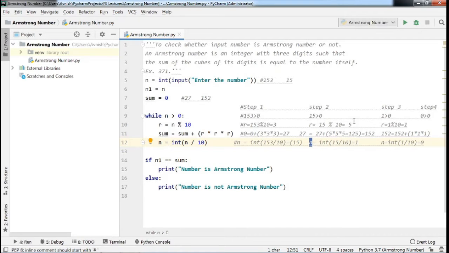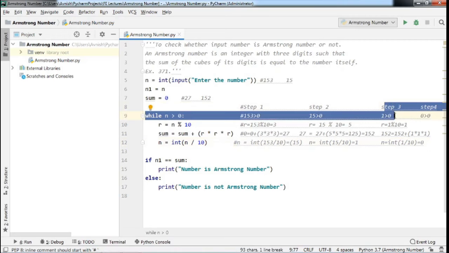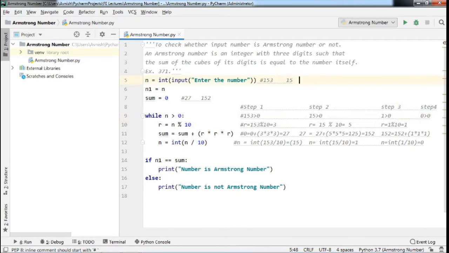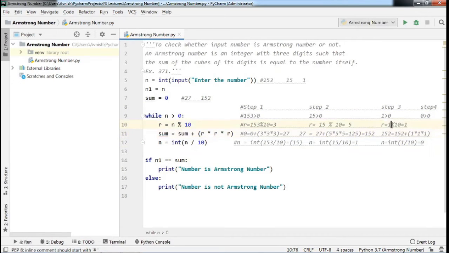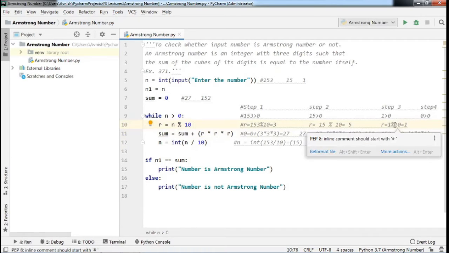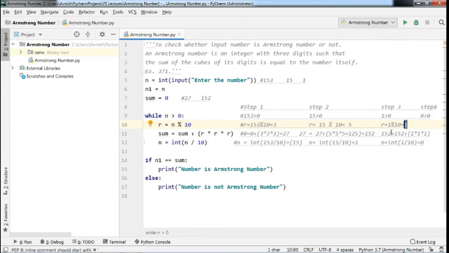Now you are going to calculate the next iteration. Now in this instruction, see here, we will make changes. Your new value for n is 1. Now in step 3, or the next iteration of the while loop, 1 is greater than 0. So again the condition is true, so you will be executing the next part again. Here the value of R will be calculated as n modulus 10. Now the value of n is 1. 1 mod 10 is again 1. The remainder of this calculation is 1.